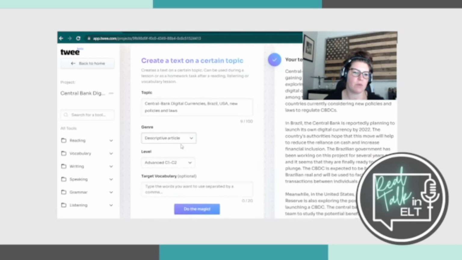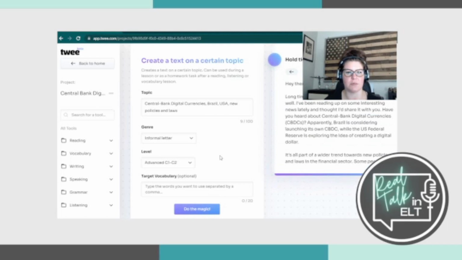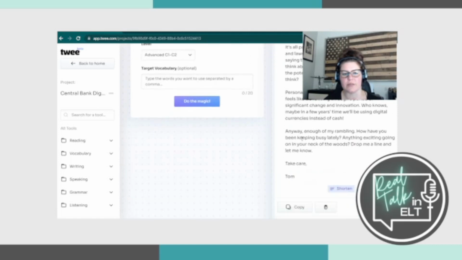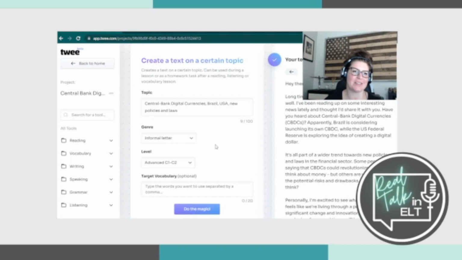Again, you can pick whatever you want. So if you say, okay, now I want an informal letter, then it'll regenerate, and it's more similar to a quick email amongst friends. So you can play with it and see what works for you. Of course, let's say, for example, the course book or the materials that you're using don't have a text, and you really want to have a text. So